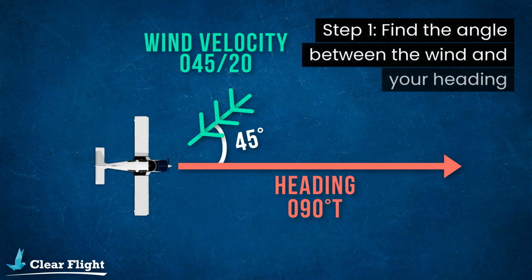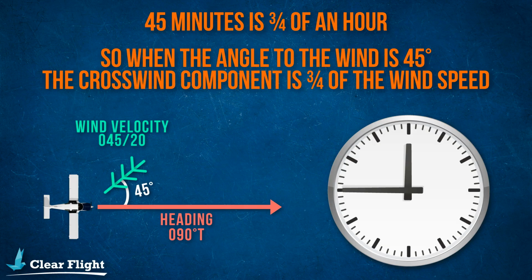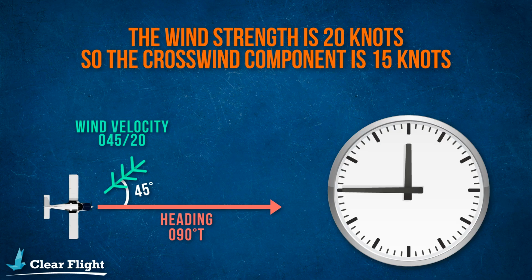First, find the angle between the wind and your heading. Here, the wind is 45 degrees left of your nose. This is where the clock code comes in. 45 degrees is 3/4 of an hour, so the clock code tells you that the crosswind is 3/4 of the wind strength. With a wind strength of 20 knots, the crosswind component is 15 knots, matching this aircraft's maximum demonstrated